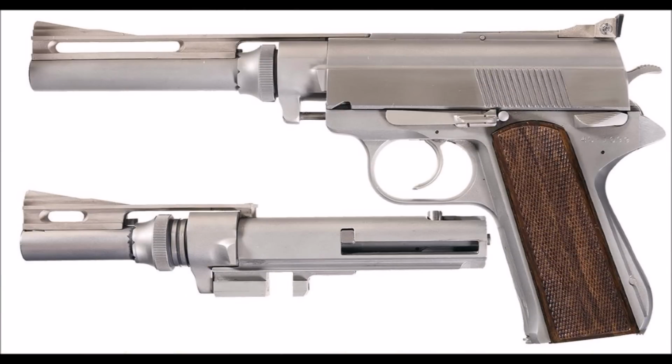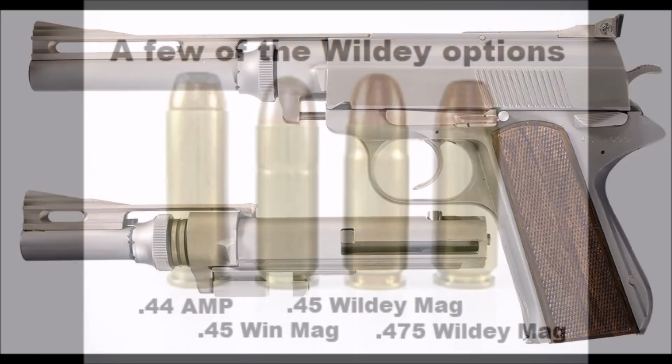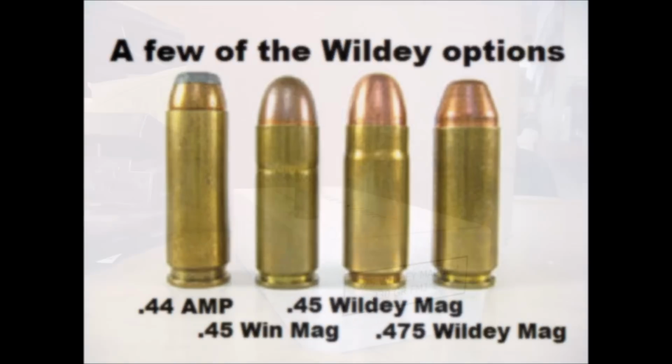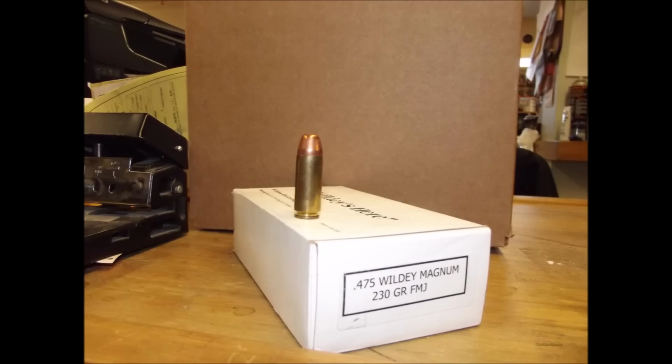You could have it chambered in 9mm Winchester Magnum, 44 Auto Magnum, 45 Winchester Magnum, or one of the many proprietary cartridges, being 357 Wildey Magnum, 41 Wildey Magnum, 44 Wildey Magnum, 45 Wildey Magnum, or the infamous flagship round, the 475 Wildey Magnum. The 475 Wildey Magnum was developed in 1977 and was made famous in Death Wish 3